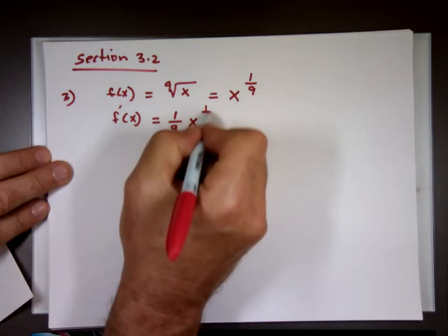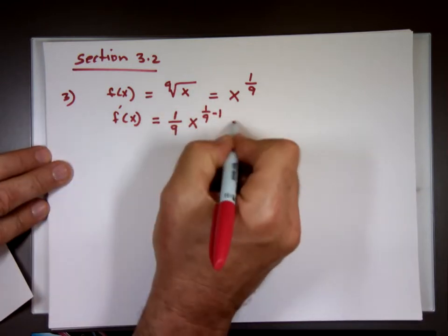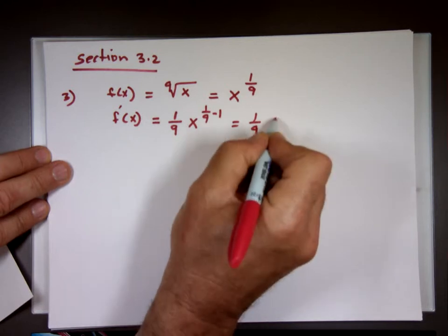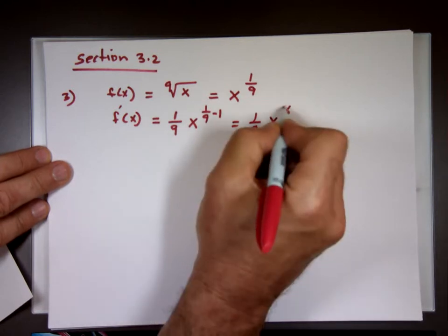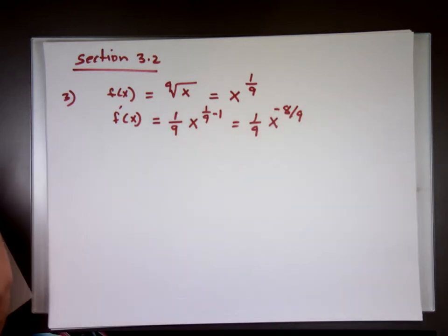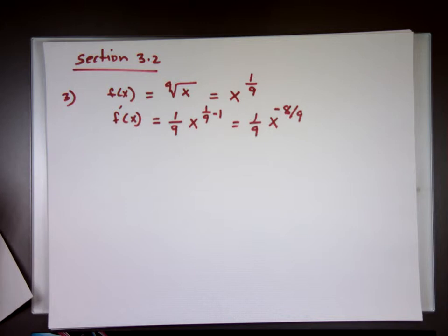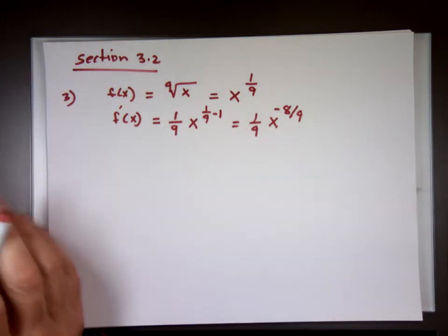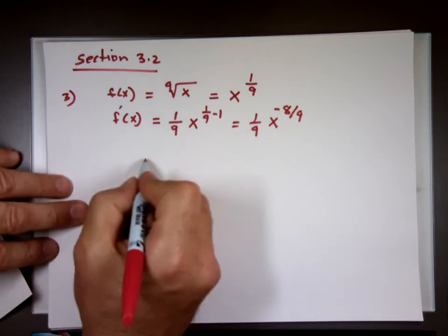What is 1/9 minus 1? x to the power of negative 8/9. Yep. They probably don't want to see the answer like this. It does say write the answer. A lot of people don't like negative exponents, so you can bring it to the bottom and make it